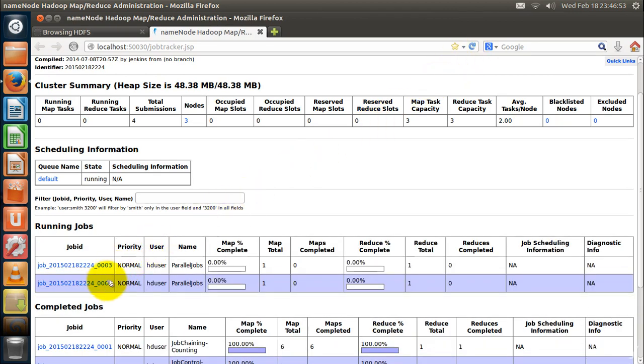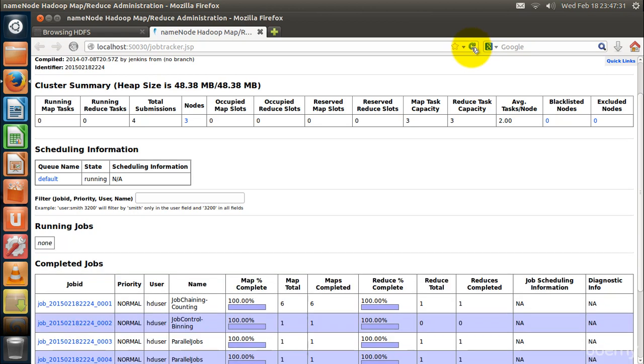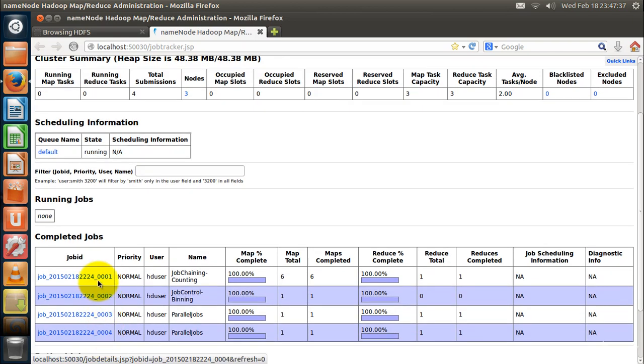After the completion of the second job, third and fourth jobs are running simultaneously. Finally, all the jobs have completed successfully.